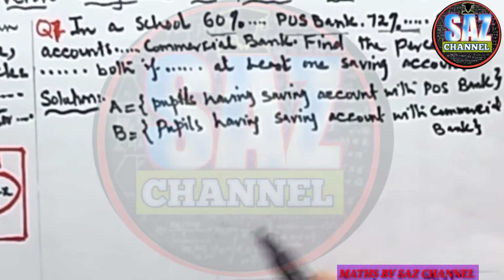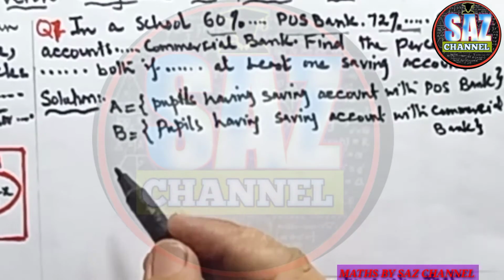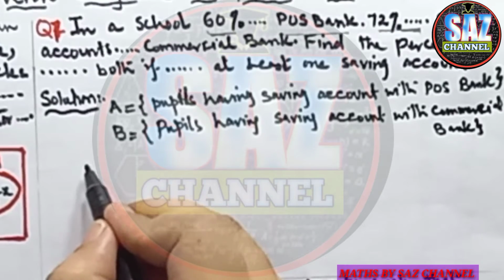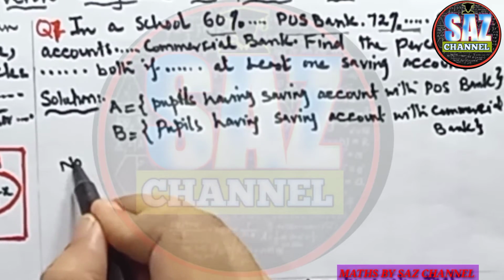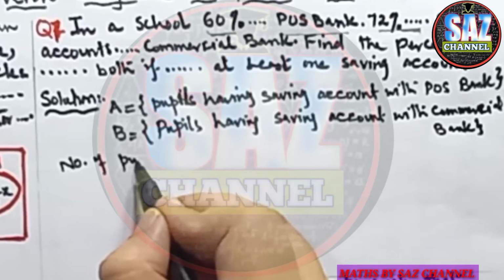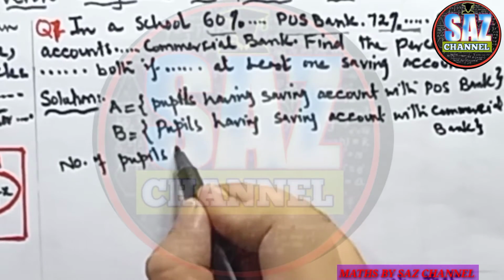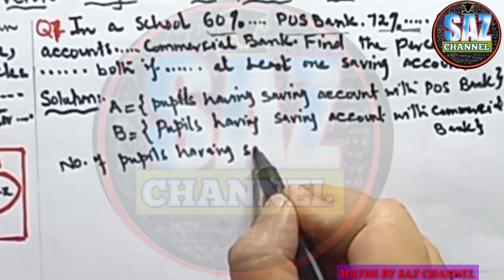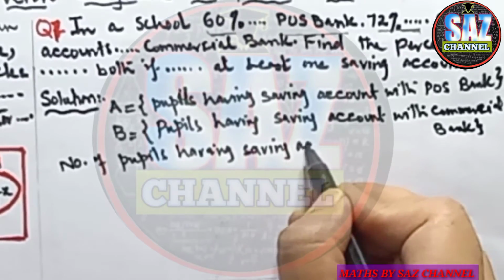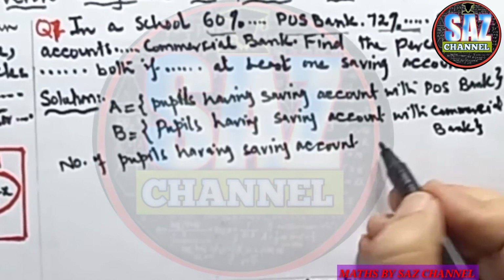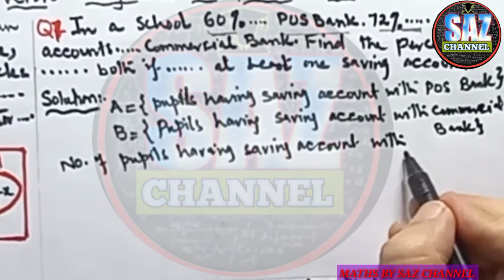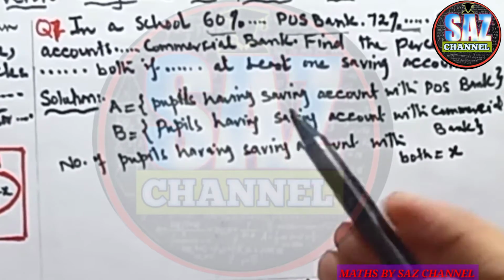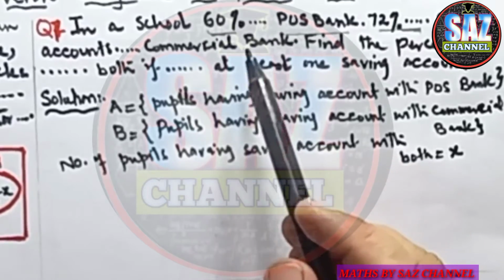And what is the requirement of the question? The number of people that have the saving account with both banks. Okay, let X be the number of people having a saving account with both banks, equal to X. As we are given the number of people in the form of a percentage that have the